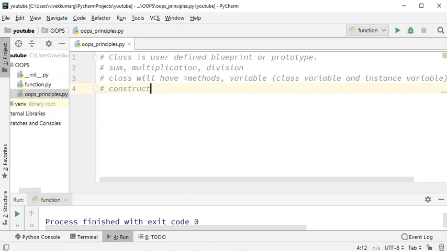Constructor and self keyword. So if we talk about class, you will hear all these terminologies like methods, variables, constructor, self keyword, all of it. Now let's try to understand how a class can have all this and why they are required, and let's quickly see how we can declare a class in Python first.